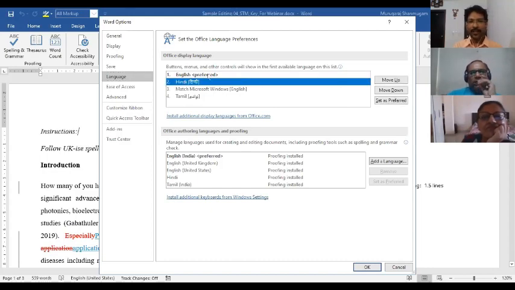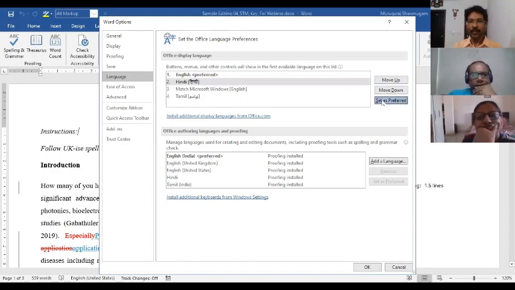I can select the language because I have downloaded these languages already, and they are part of my MS Word library. You can do that if you are interested. The language choice Hindi is already available here, and I click on Set as preferred. It automatically goes to the top of the list. I confirm it.